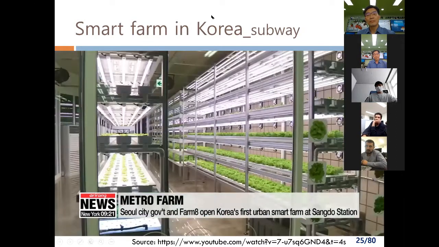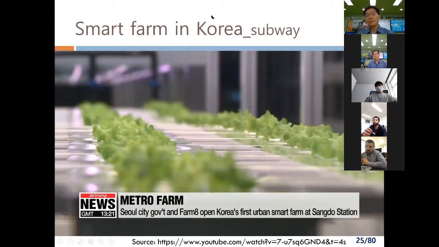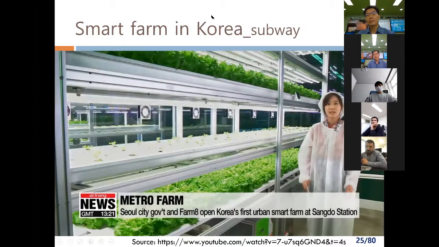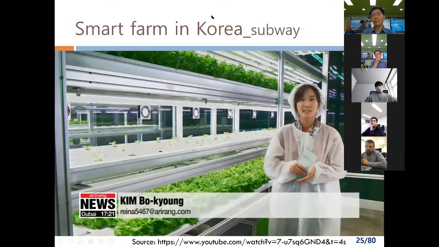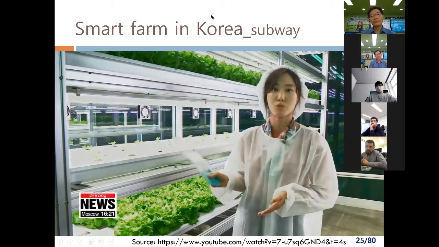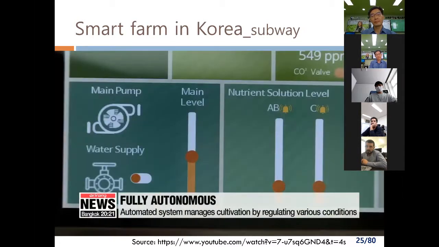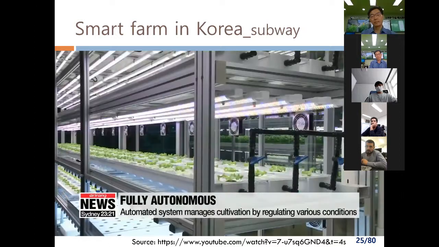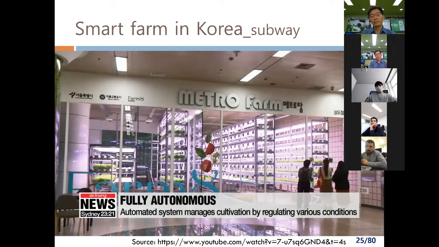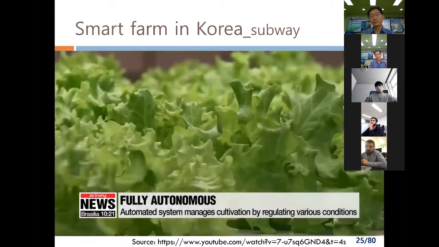They are promoting this metro farm as a way to effectively utilize unused spaces and carry out urban farming. Sangdo Metro Farm is an urban smart farm which uses information and communication technology to control the farm's conditions, making it easier to grow crops. Exotic vegetable breeds are cultivated with the help of an automated system which manages temperature, humidity, acidity, and provides them with nutrients. It also allows partial access to people passing by and a viewing window where they can look at how smart farms operate, while also providing clean air.